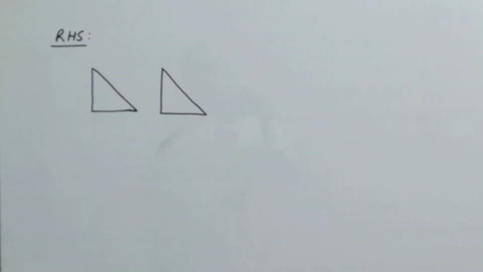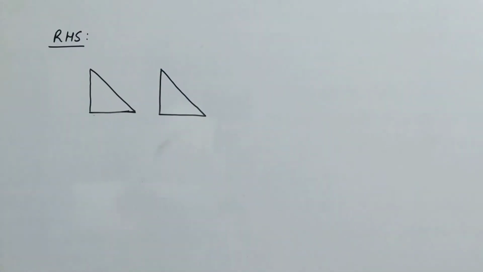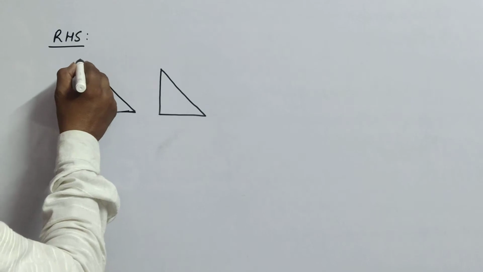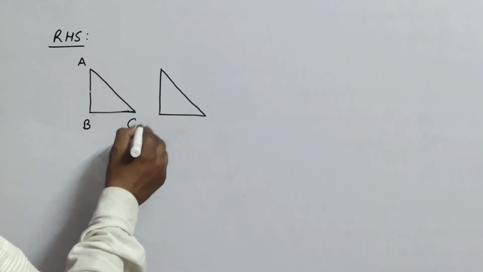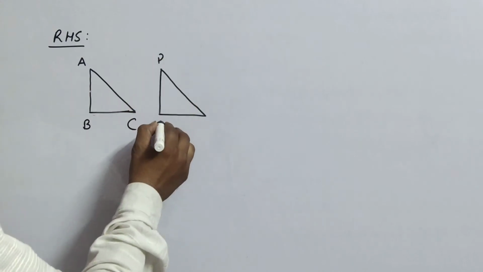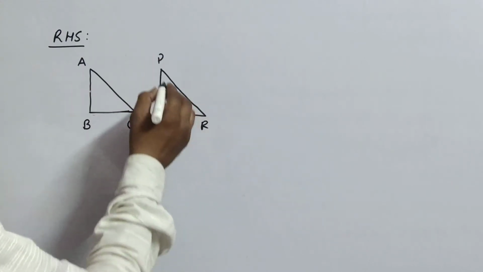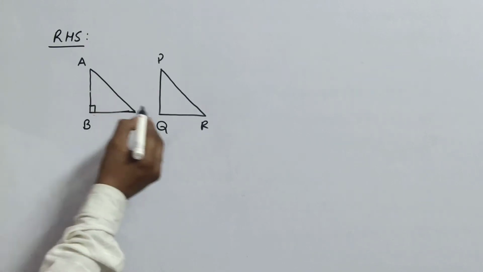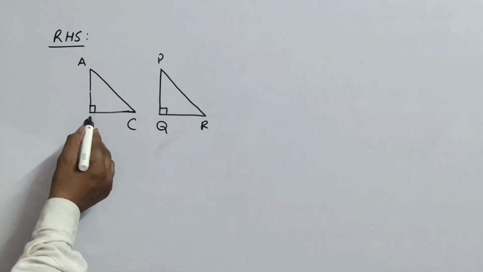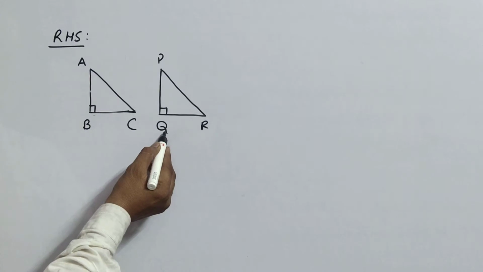I am naming them ABC and PQR. Here the right angle is at B, and in this triangle the right angle